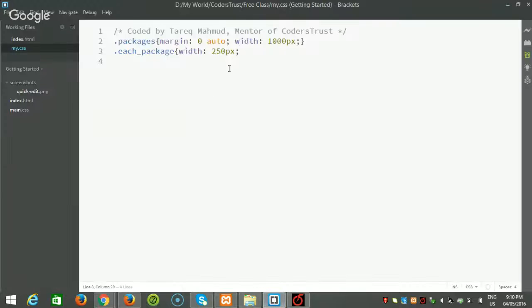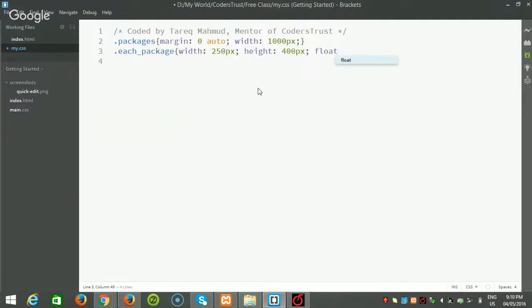So I'm going for this. Each package is 250 pixel in the width and can make a height like 400 pixel, and we can give some color. For color actually we'll not use this class because we will use a separate class, because the three different price tables will have three different colors. So just to give some height, and to make it also float,